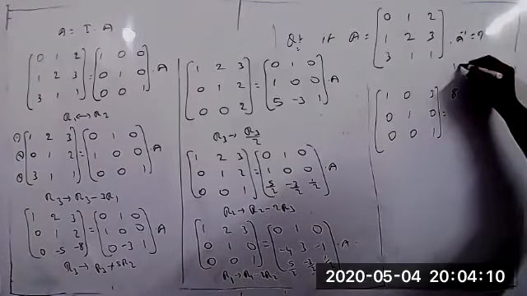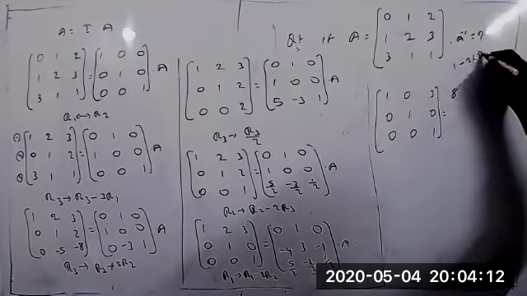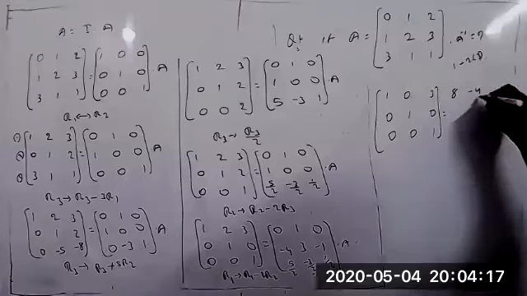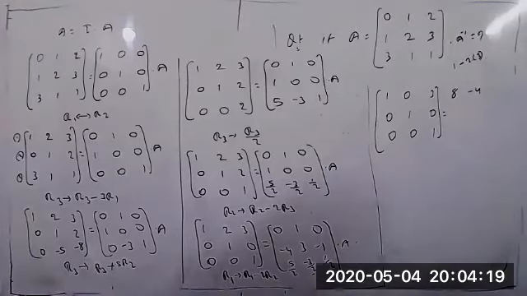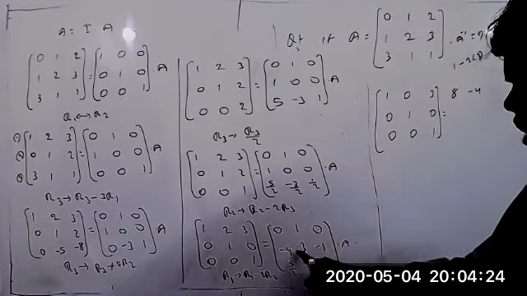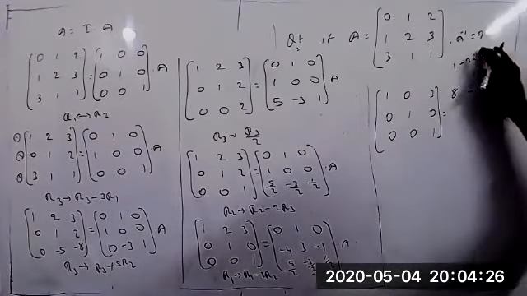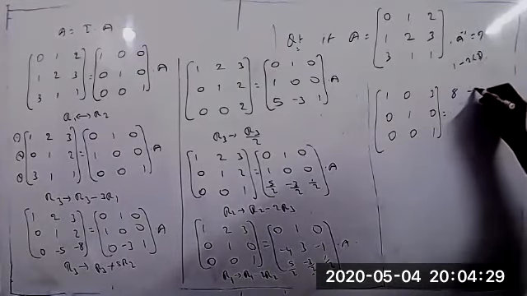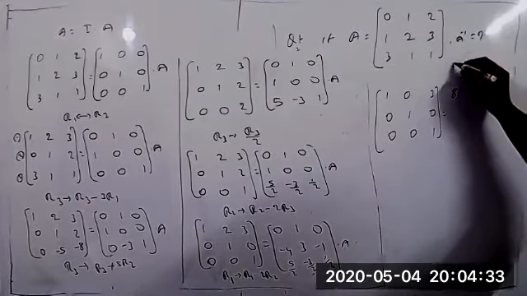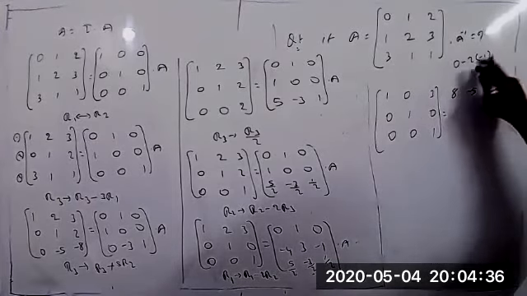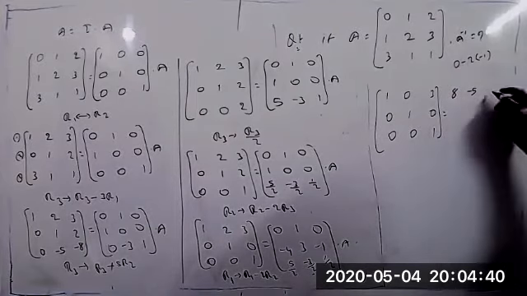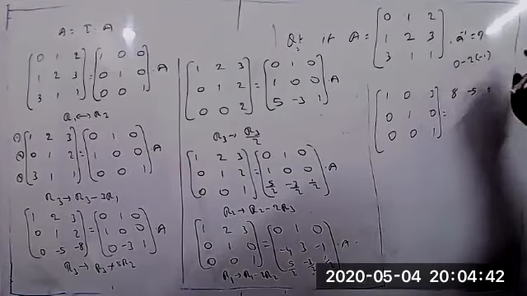Next here, this element now. 1 minus 2 into 3, so this is minus 5. How do you get 5 there? 1 minus 6 equal to minus 5, correct only. So 1 minus 2 3s are 6, 1 minus 6 is minus 5. Okay, minus 5 now. And this element, tell me: 0 minus 2 into minus 1 plus 3, na? Plus 2. Sorry, minus 2 into minus equal to plus 2.